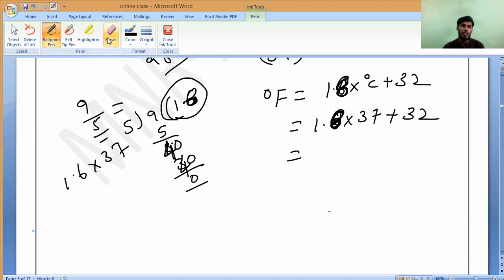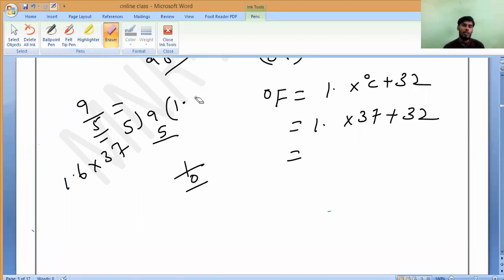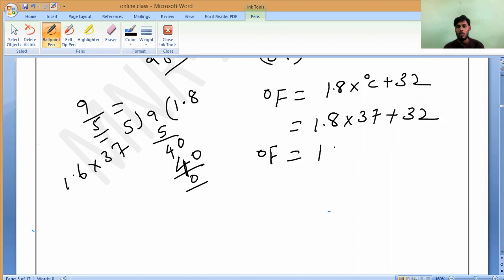Somebody is shouting. So this is 1.8. Understand, Mari? I am saying it a few times: calculation mistakes, you have to identify. 9 minus 4 is 5, and 9 minus 5 is 4. So the point you can keep 0. 9, 5 8s are 40, so that 0 will come. So that equals what? 1.8. So now degree Fahrenheit equals, multiply now.